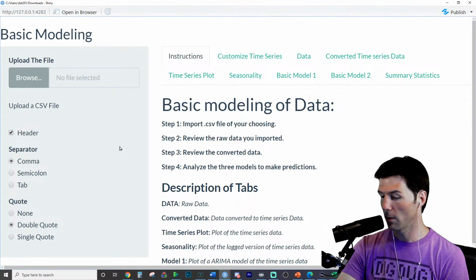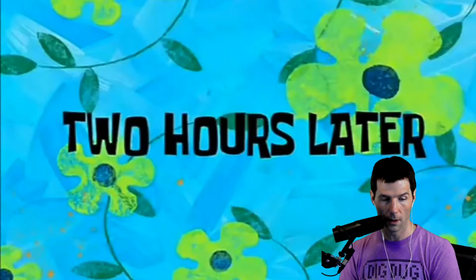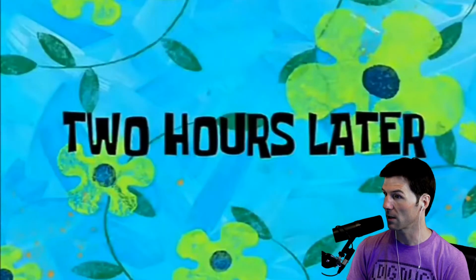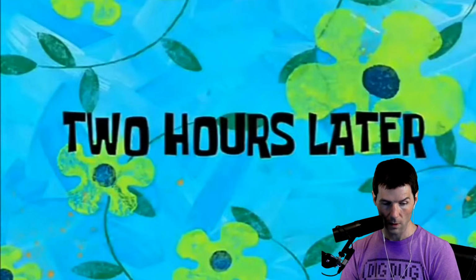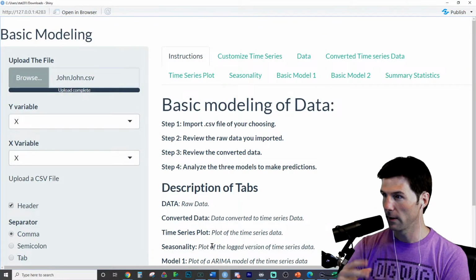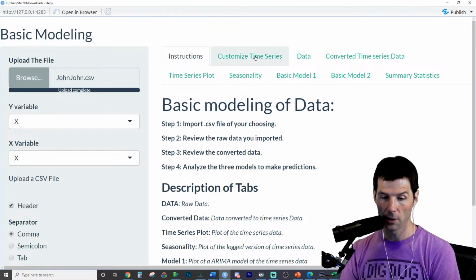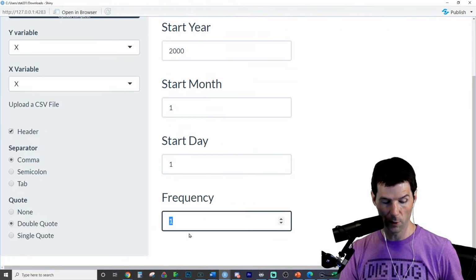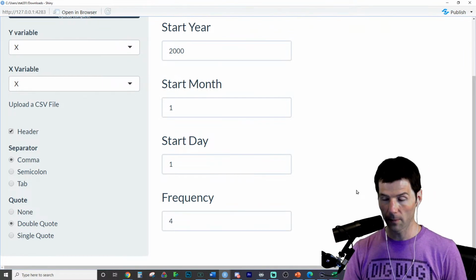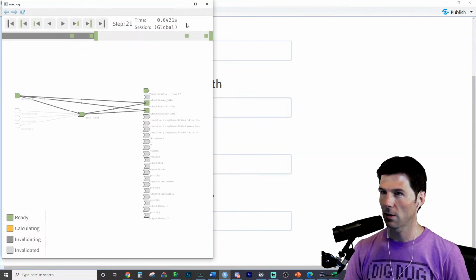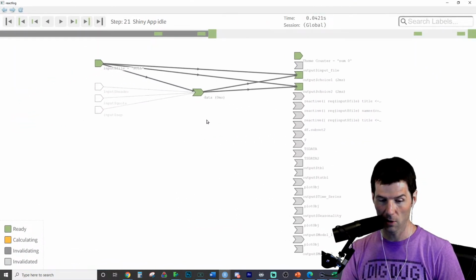The debug mode is going to show the issue though, which is going to be the way in which that object exists. So because we're using an input, that object right there, let's go put in our data. So we just loaded in data. And let's go over here to the customized time series and change the frequency to 12. Click outside, change the frequency to 4. And then let's go and look at the debug mode. And we're going to look at just how this object is being handled. There's a lot going on this screen. And we should be able to see where we're changing the frequencies.